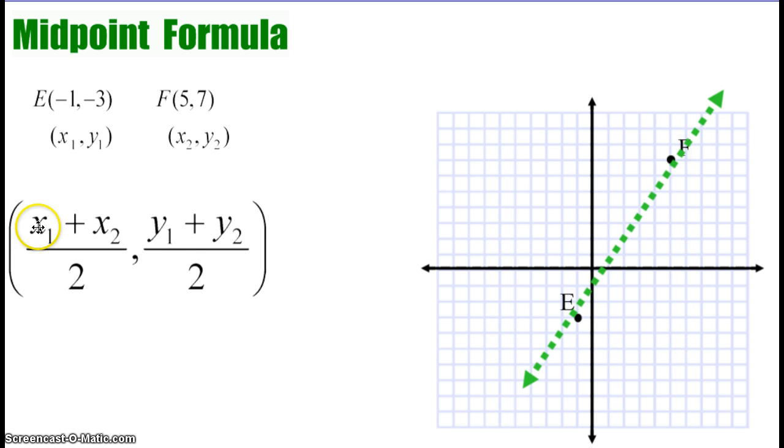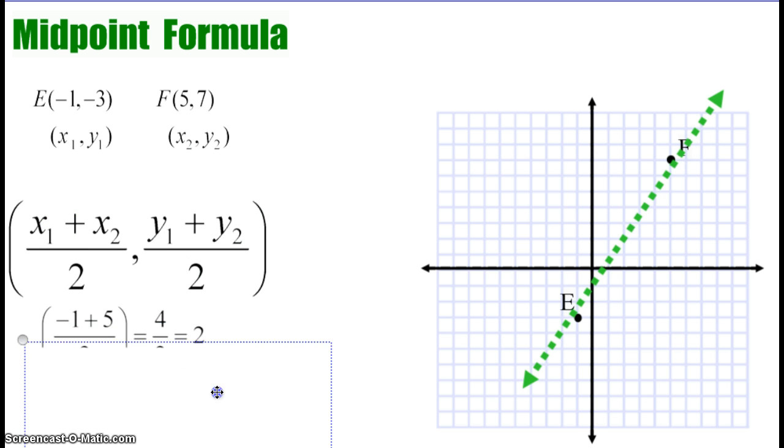I'm going to take my x's and average them together. And an average means to take 2 numbers and divide by 2, or take more numbers and divide by the numbers you have. But if I only have 2 x's, I'm taking those 2 and dividing by 2. And to find the y coordinate, I take the y values, add them together, and divide by 2. So as long as you can label your points x1, y1, and x2, y2, you should be able to simply